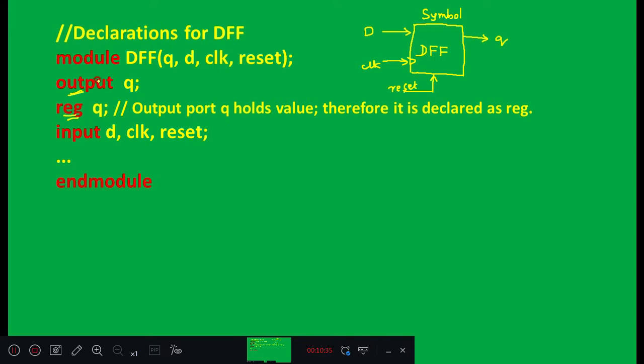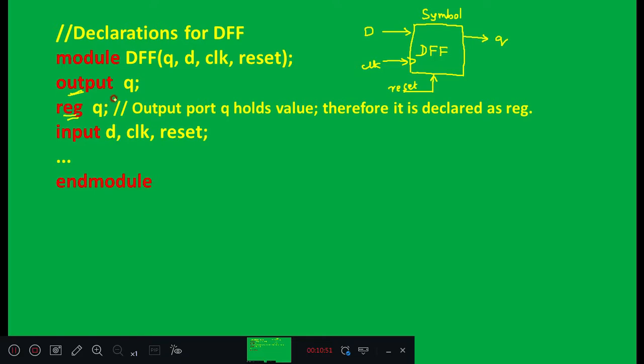What we have to observe here is, in this declaration port list, output Q we have written first. Since you want to store a value in output, and by default output means it's a wire, you are redefining it as a register so that it can hold a value.